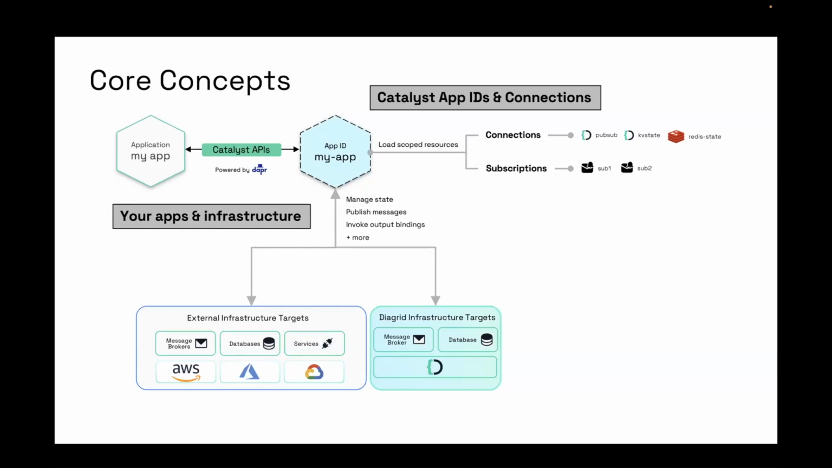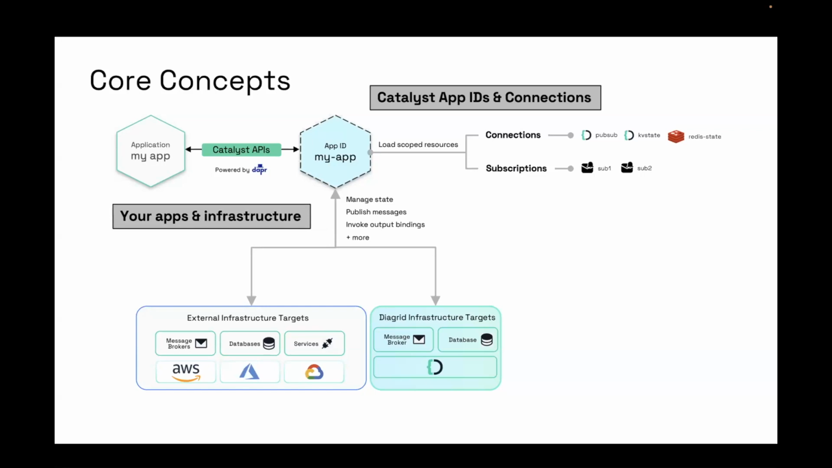right? So maybe I have a subscription for the My App ID so that my listening app can receive messages that are sent to a particular topic on a particular connection. And then what that app ID is going to allow your application to do once it's invoked is essentially reach out to those infrastructure resources, getting that level of portability and also flexibility because of the level of abstraction that